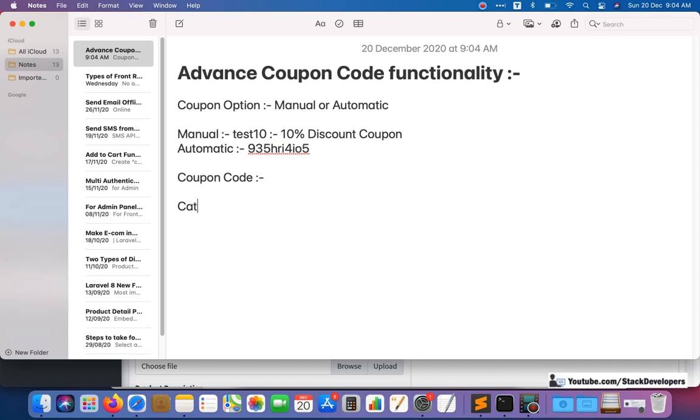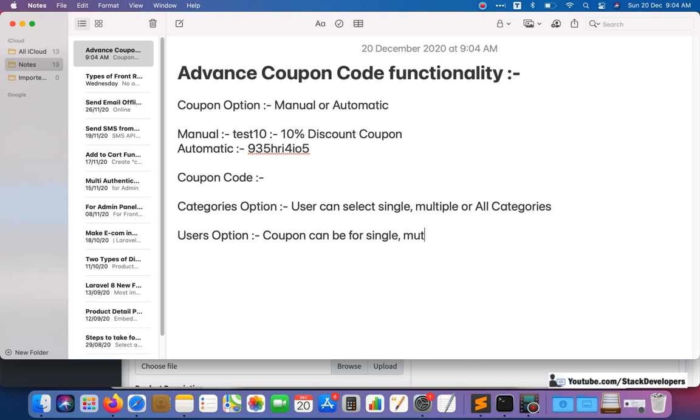In the categories option, the user can select single, multiple, or all categories for applying the coupon. And after that we will add the users option.